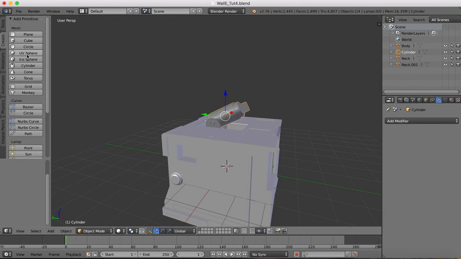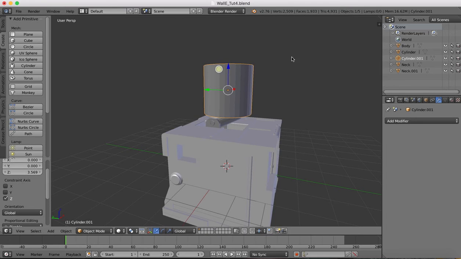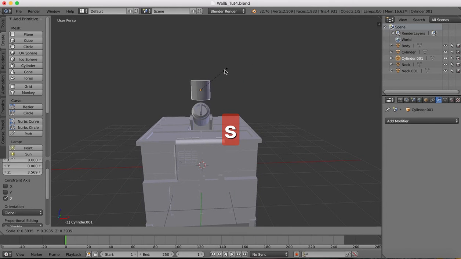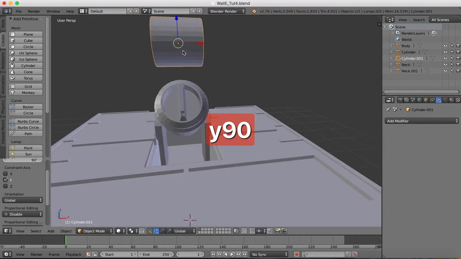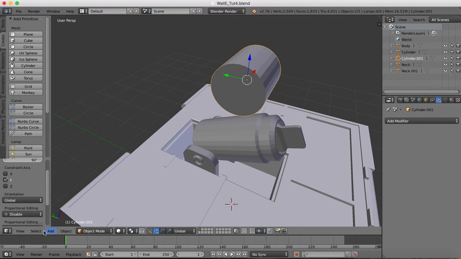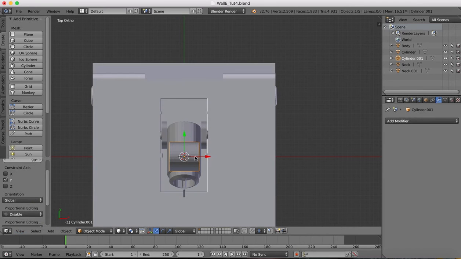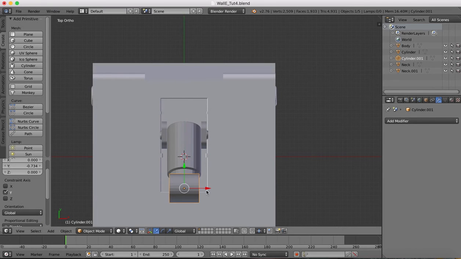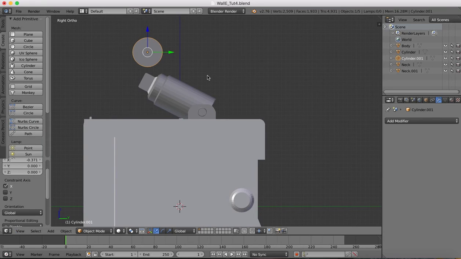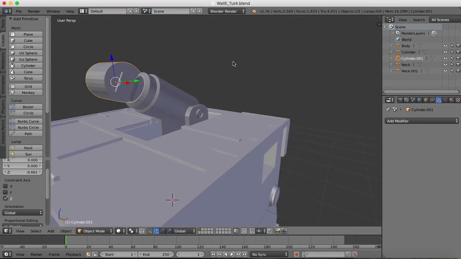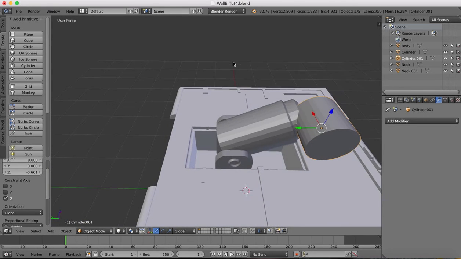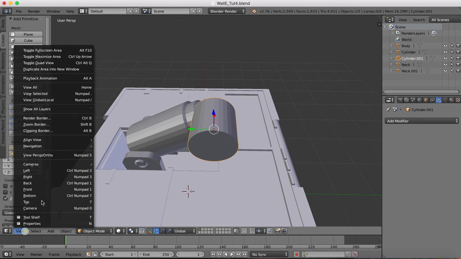Here in object mode, we'll go to create a cylinder, drag this cylinder up, scale it, and rotate it on the y-axis 90 degrees. And then from our top view, we'll position this, and from our right view, we can also position here. Now we don't want it to overlap into there, so